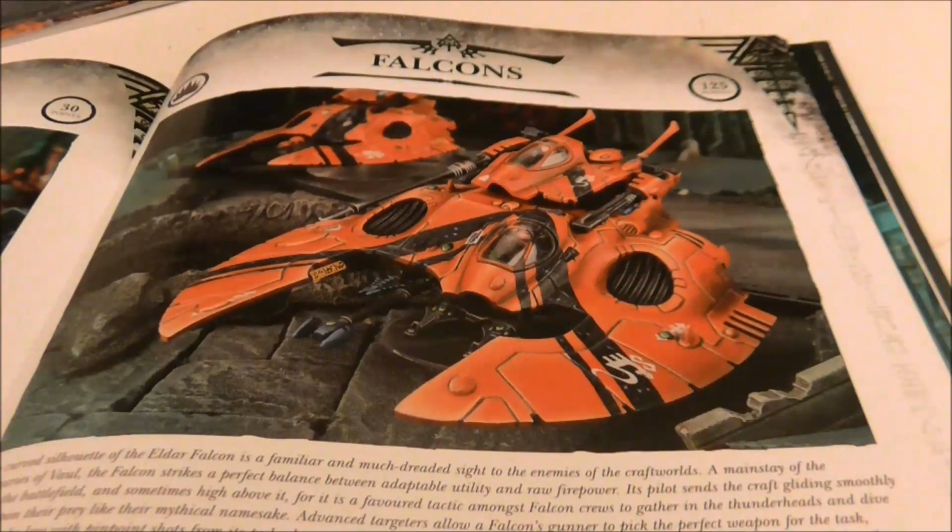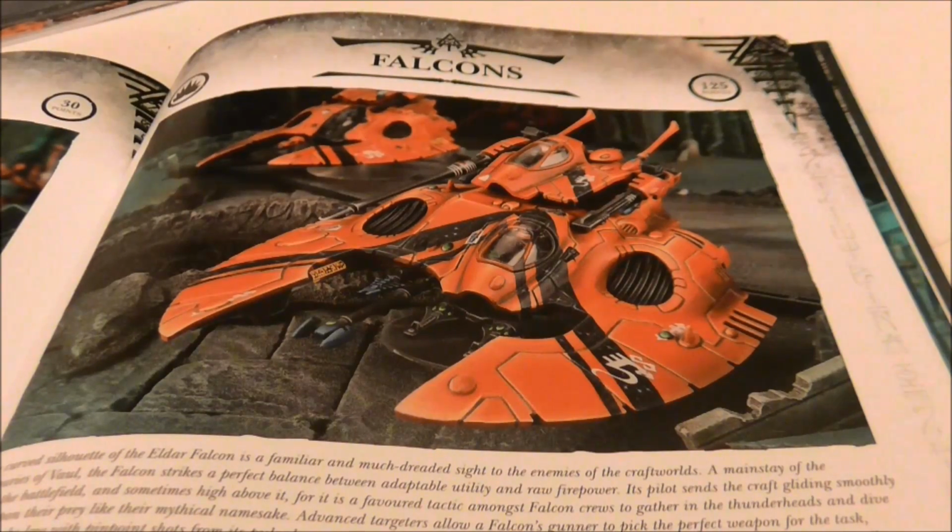Falcons. Now these guys changed a lot. You can now take these guys in units of 3 as a single unit, and if you do take 3, and only if you take 3, the Falcons gain the deep strike ability. But not only do they deep strike, they don't scatter. You place the first one anywhere you want, it does not scatter, and then you place the other 2 within 4 inches of it. So you can load these suckers full of fire dragons, drop right behind a adamantium lance,